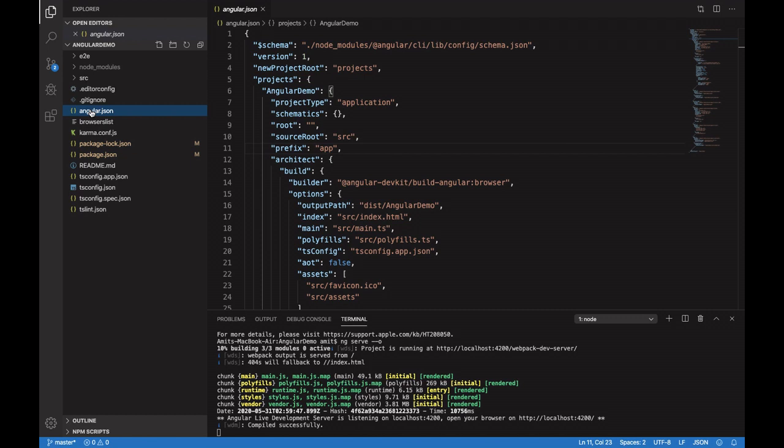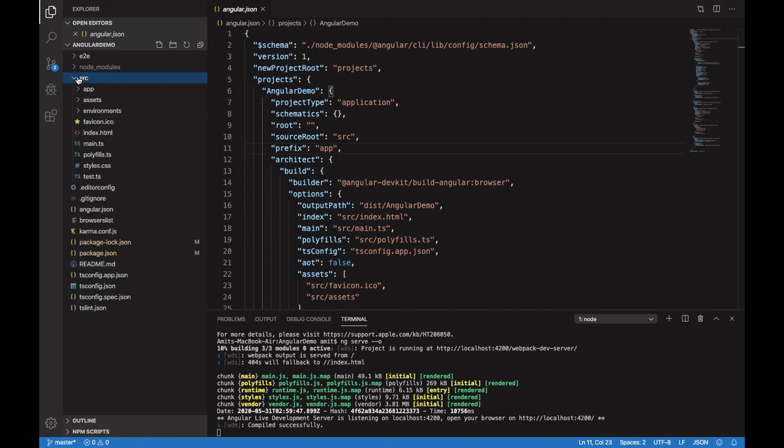One thing I want to mention is that whatever files you create in this project, like components, pipes, modules and services, will all come under the src folder. All the application related files come under this source folder, inside your app folder.